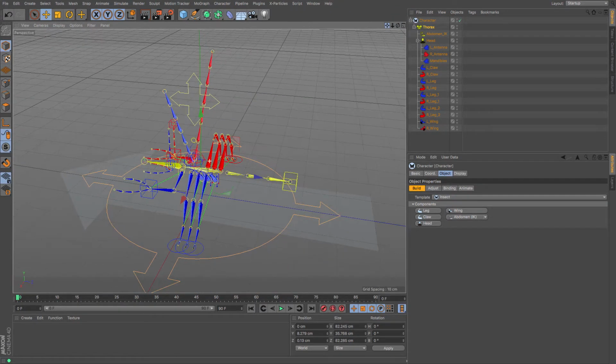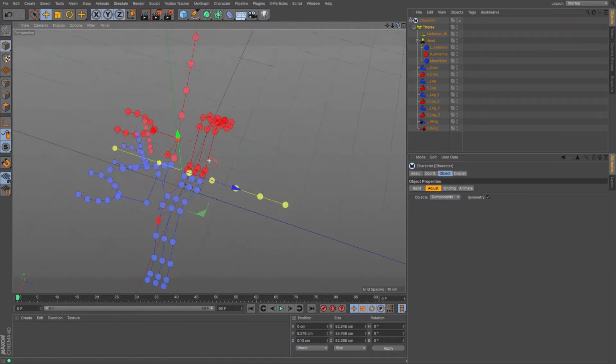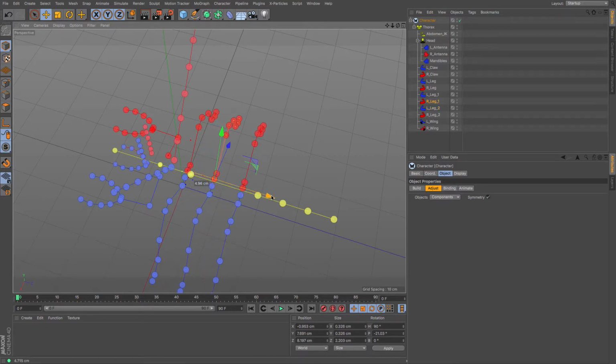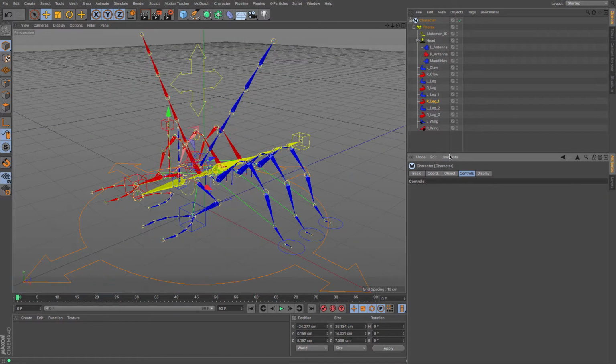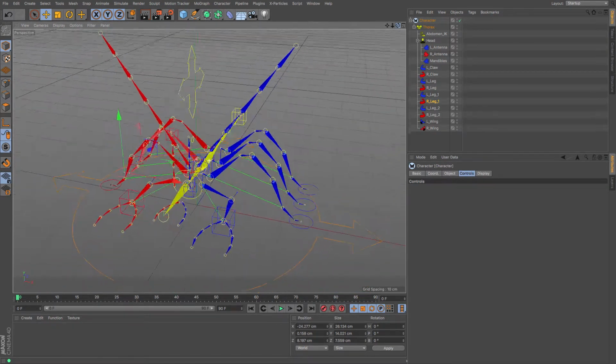So just to play with the adjustments a bit, I'm going to go to adjust and I'm going to move some of the stuff out, which largely involves where that thorax finishes. Because I want to have control of where that abdomen starts, maybe slightly further up, because what I would like to do is select the legs and then move them up the abdomen so that they are not all squished up at the front. Then I'm going to go back to my build, and then go straight to my animate, and you can see, there we go, we've got this incredible little